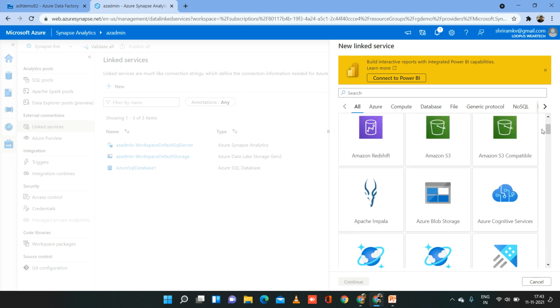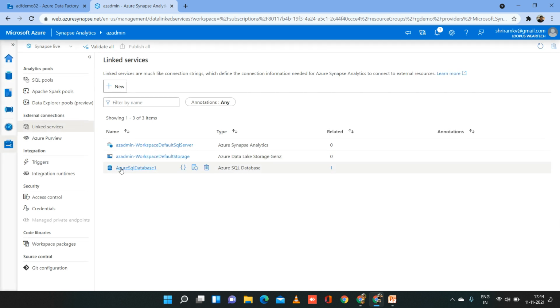If you want to access data from outside the Synapse world or SQL pools, you will have to create the appropriate linked service. For testing purposes, I have created an Azure SQL database linked service. This lets me pull data from my Azure SQL database.